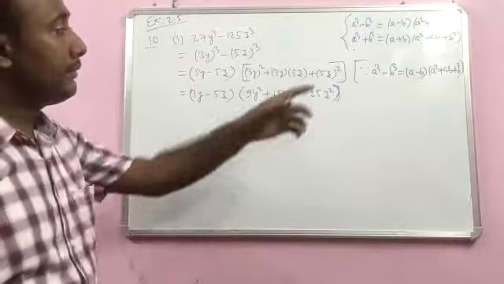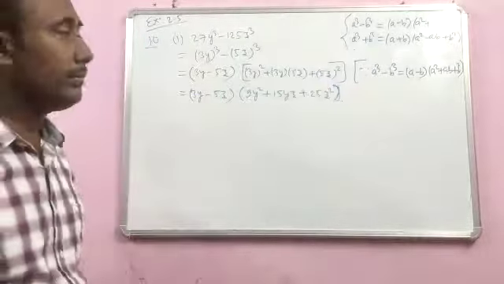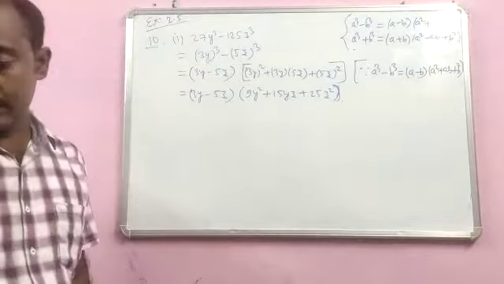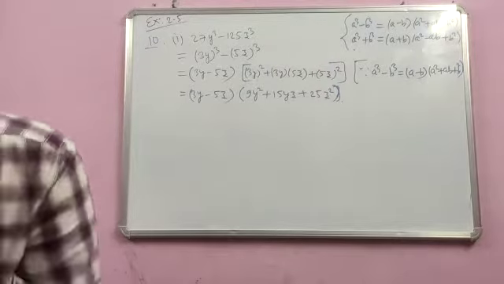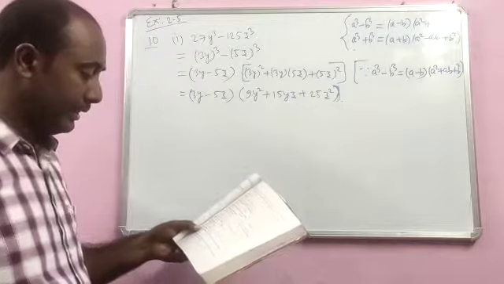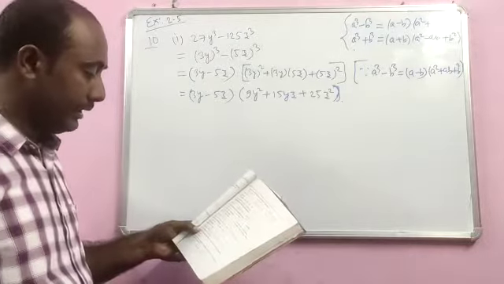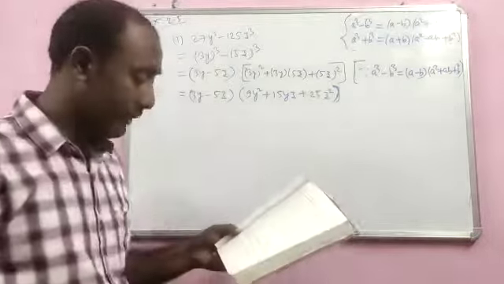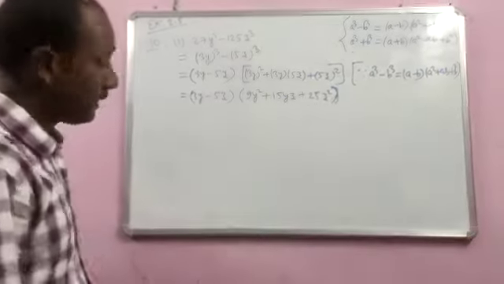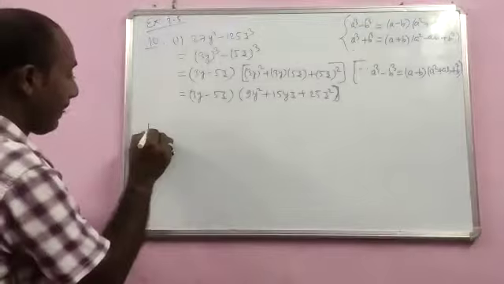The other question is in the form of a cube plus b cube. You can use this particular formula to factorize that question. Now we will move to the other question, number 12, which is a proof part. You can simply go for solving the RHS part and you will get the LHS part. So let us go for question number 12 here.